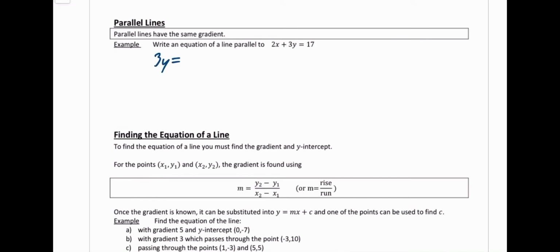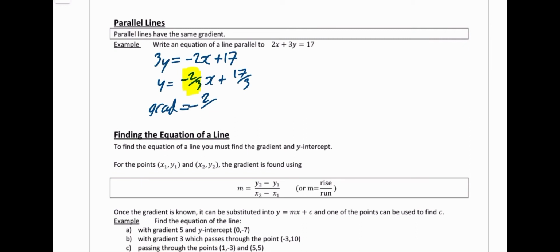So it makes it easier to read off the gradient. So we've got 3y is equal to, I just brought that positive 2x across, it becomes negative 2x plus 17. Then y is equal to negative 2 over 3 x plus 17 over 3. There is no need to change this. We don't really need this bit. The bit that we're interested in is this part, which is the gradient. So this has gradient equal to minus 2/3,